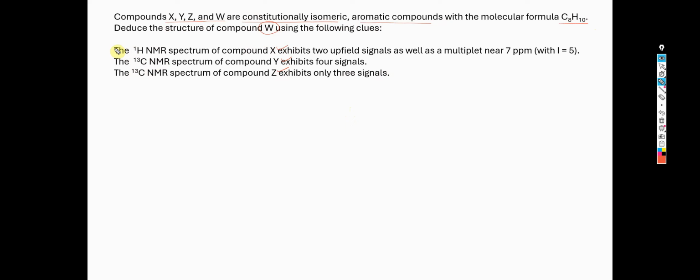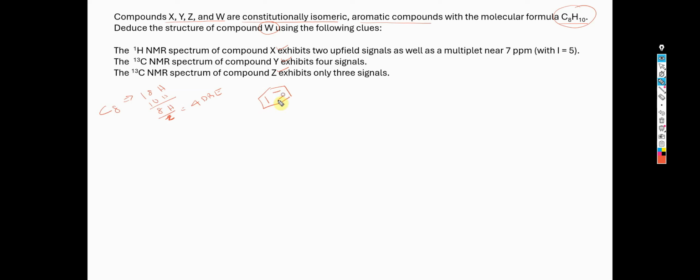So the clues here given are spectroscopy clues, especially proton NMR and C13 NMR. C8H10 is the formula, which means you can deduce the double bond equivalence. If you have 8 carbons, for a saturated compound you're going to have 2 times 8 plus 2, 18 hydrogens, but you have only 10 hydrogens, which means you have 8 hydrogens divided by 2, which is going to be 4 double bond equivalents. That means